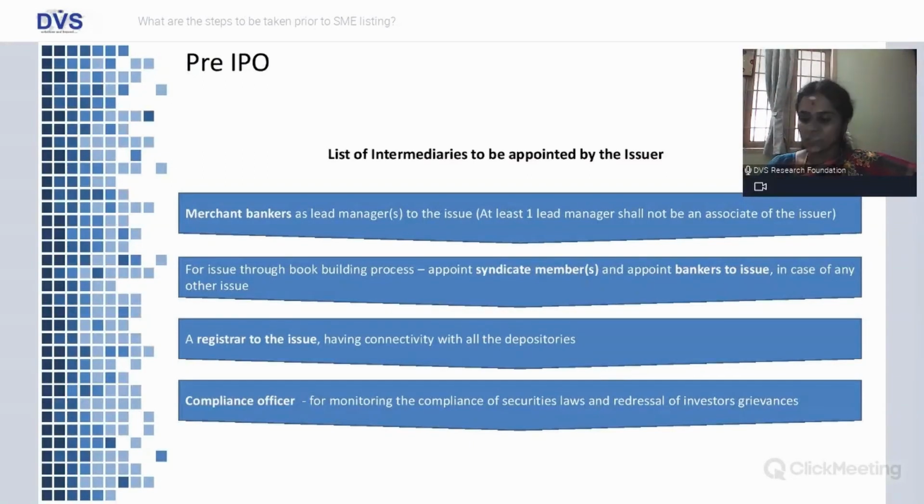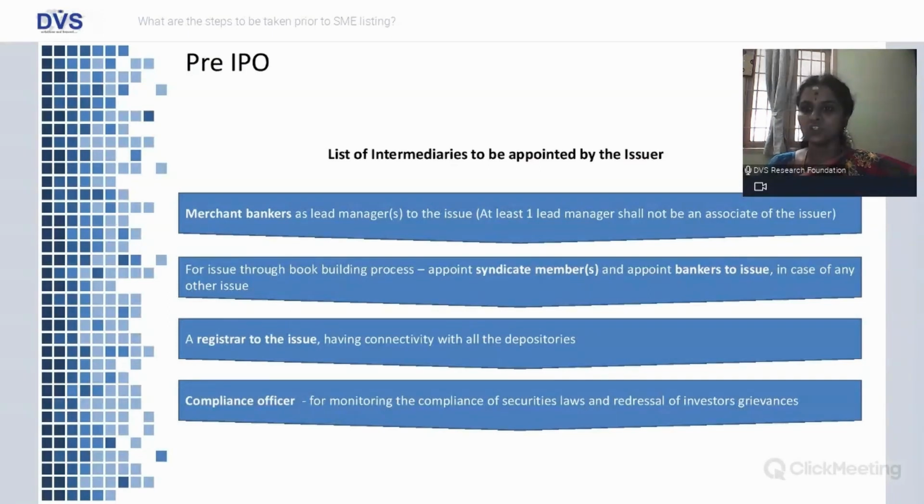The next regulation 244 deals with your appointment of intermediaries for this purpose of issuance. Merchant bankers as lead managers to the issue. They are your lead managers. You can't do anything without consulting the lead managers. In the concluding points to be noted, we are going to see that. And there is an additional point like any other IPO listing, where at least one lead manager shall not be an